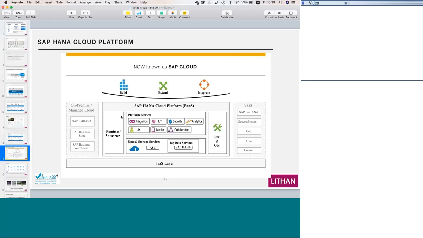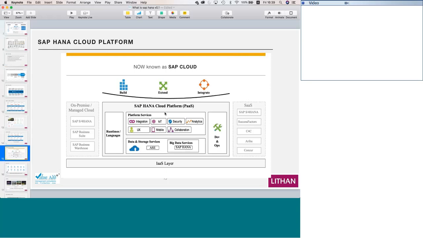If you look at this, I'm not going into too much detail. All you got to know is, see here you have S4 HANA on the left hand side, and this is HANA Cloud Platform or SAP Cloud as we call it. It is for you to build. In any environment you have a lot of applications.